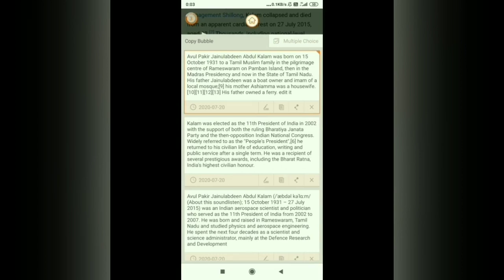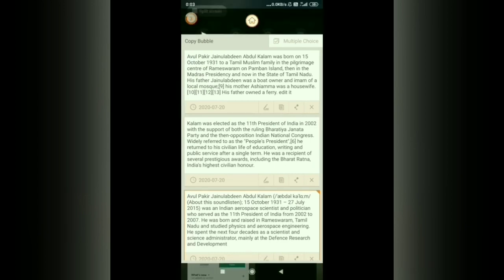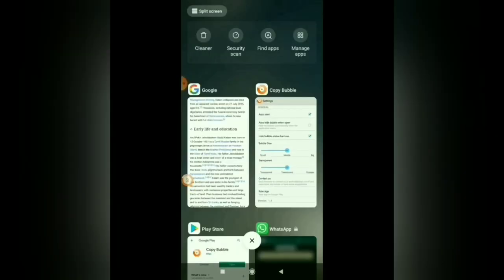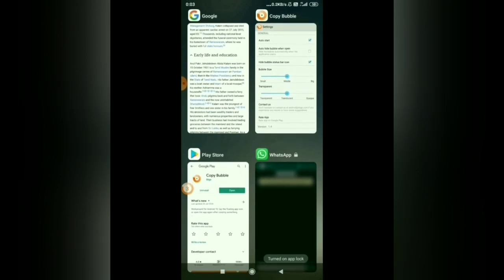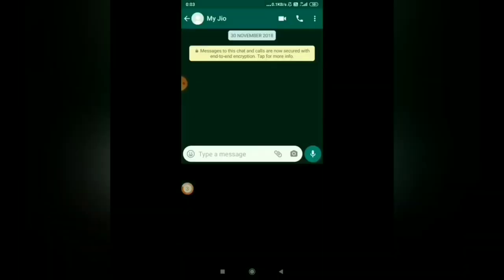If you want to copy this sentence or paragraph, then select this like this and paste it where you want to paste it. Paste it here.